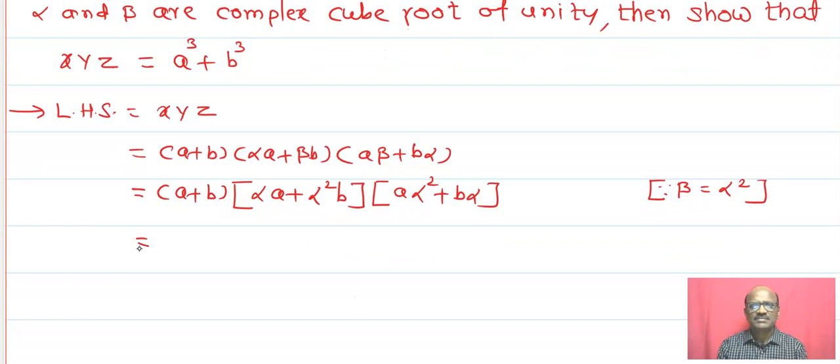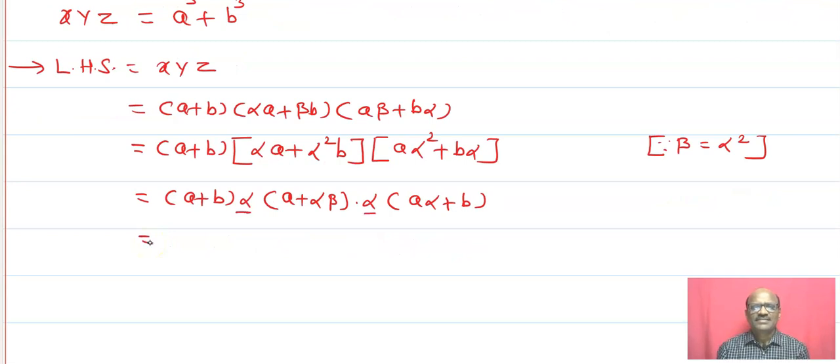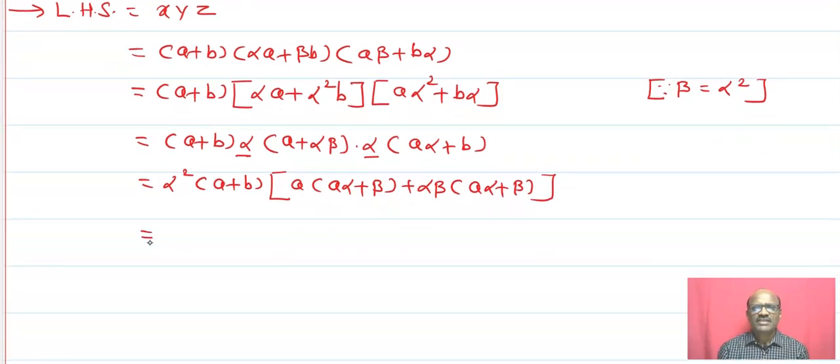Also beta is equals to alpha square. Now normal multiplication is there. That is the value of beta is replaced in the second step. That is alpha square. Now from the first bracket I am taking alpha as common. Some mistake I had made there also. That is a beta instead of, there must be the b. Therefore alpha square in bracket a plus b, and for the second a in bracket a alpha plus